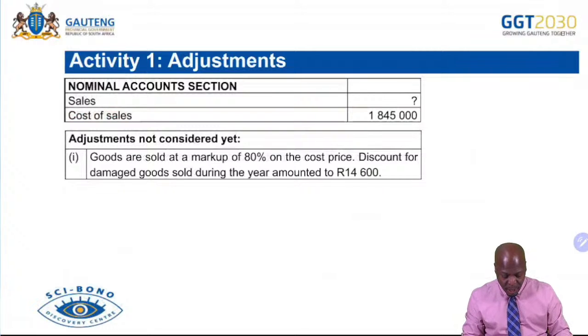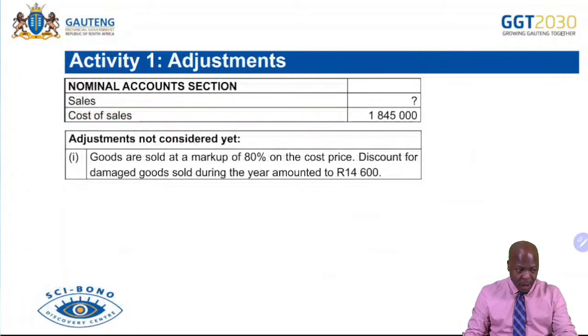Let's begin. So the first part is adjustment number 1. And adjustment number 1 reads, goods are sold at a markup of 80%. So here we are told that there are goods which are sold at a markup of 80% on the cost price. And discount for damaged goods sold during the year amounted to